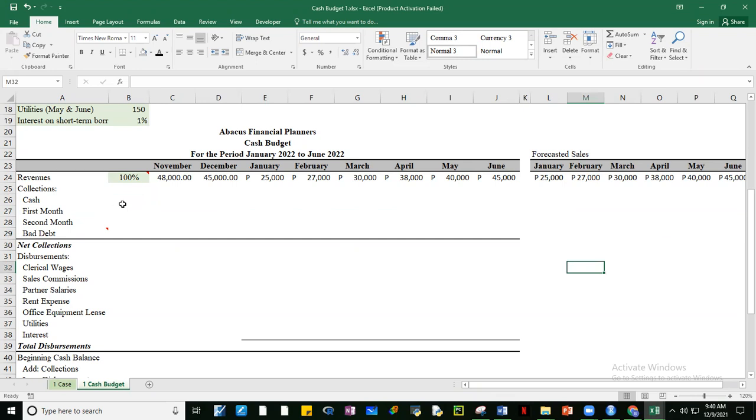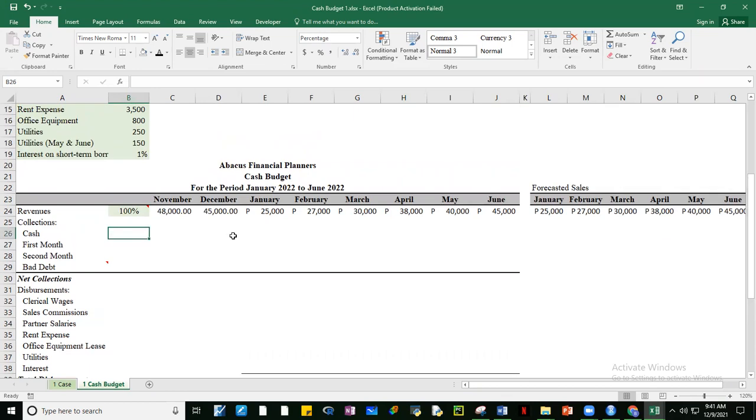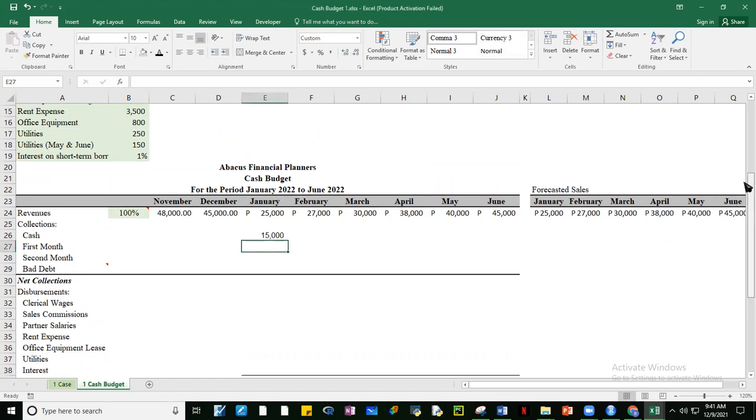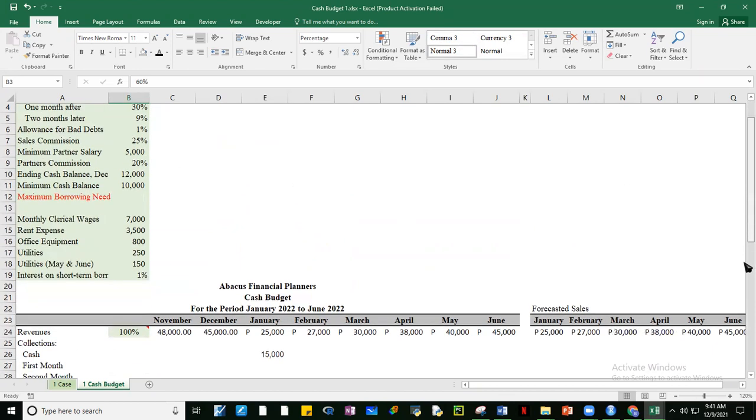Okay, so as I was saying, guys, we don't put absolutes in the formulas in our model. So for example, we don't put 25,000 times 60%. Okay, that's a very poor way to do modeling. You know why? If the 60% changes, then we have to look for all those absolutes in our model. Okay, and what's good practice is to separate your absolutes. Okay, for example, we separated it here, and then we're going to use this in the model per se.